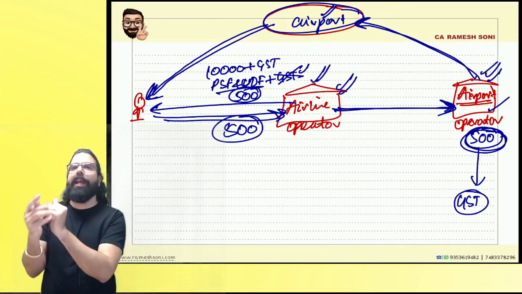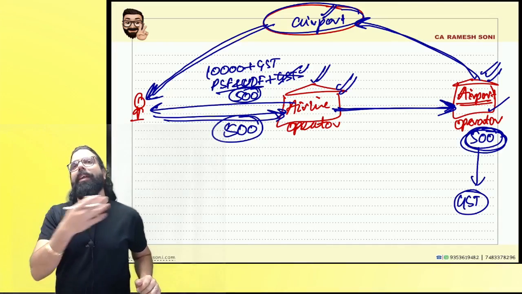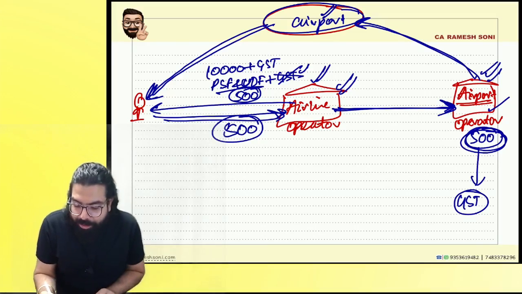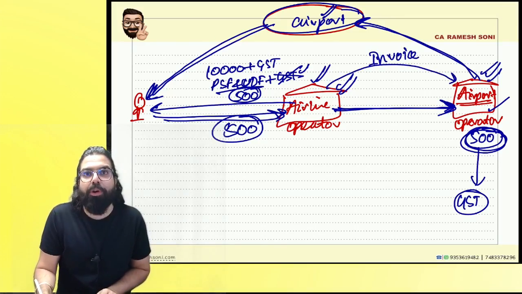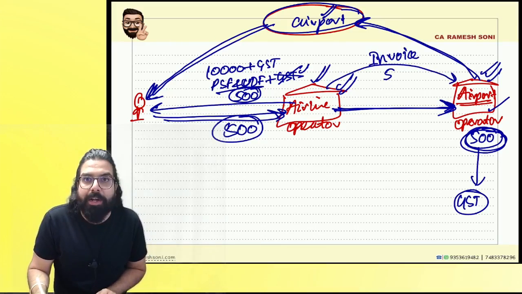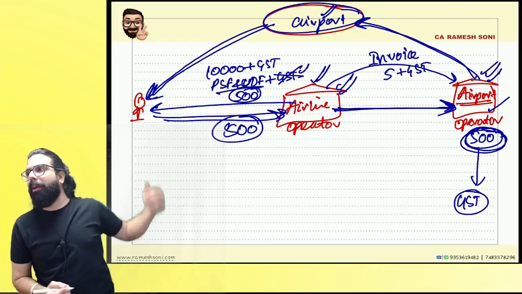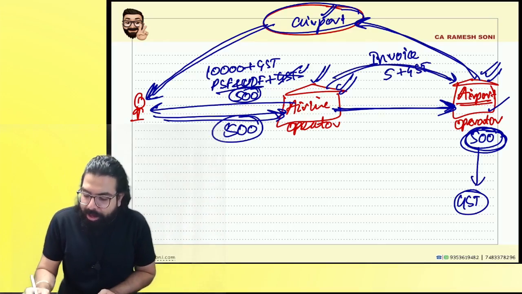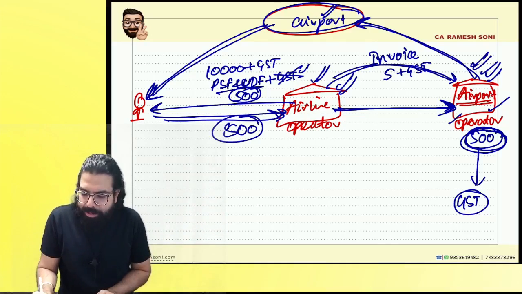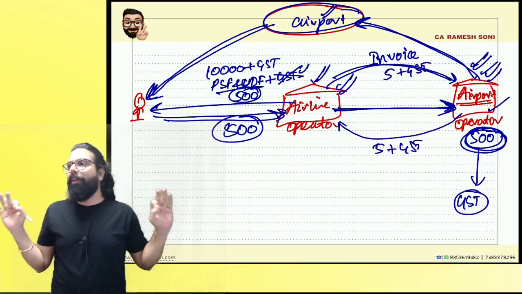Now, when airlines collect the PSF and UDF, the airline is acting as pure agent. Their heart is pure. Now, the airline will issue an invoice saying, sir, we have done a job for you. Suppose 5 rupees per customer as user development fees, we'll charge them, plus the GST. Are you able to understand? Because we have done some job for you, right? So as a pure agent, if you have acted for someone, you will charge him some amount. So you will issue the invoice, he will take the ITC of the invoice, and he will pay you the 5 rupees plus the GST amount. Are we all clear till here?